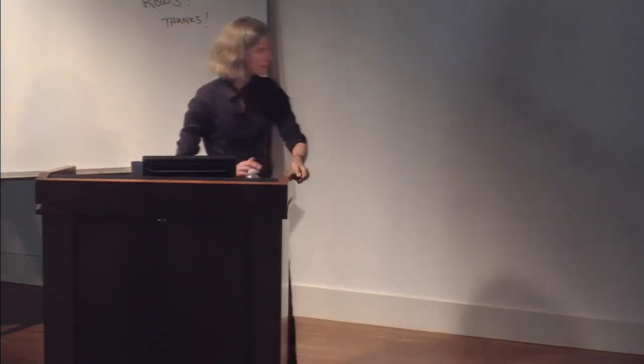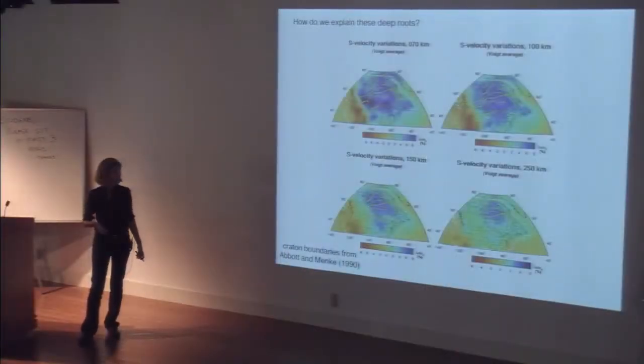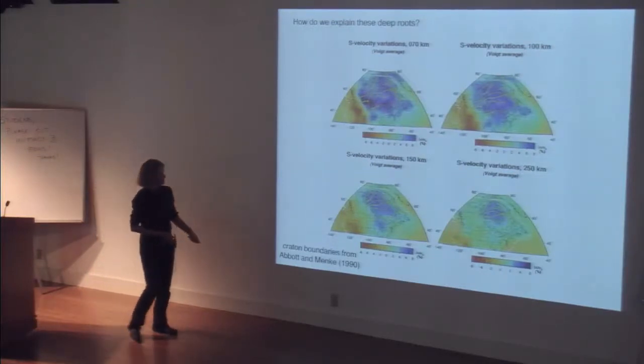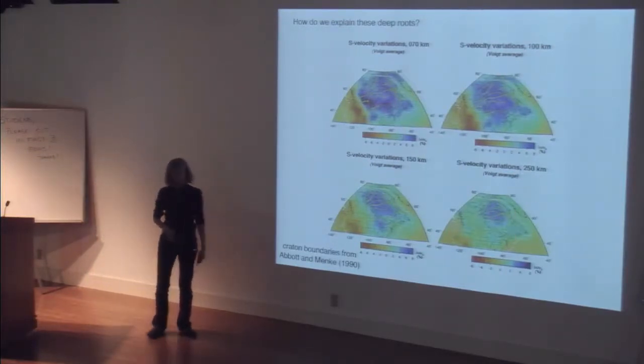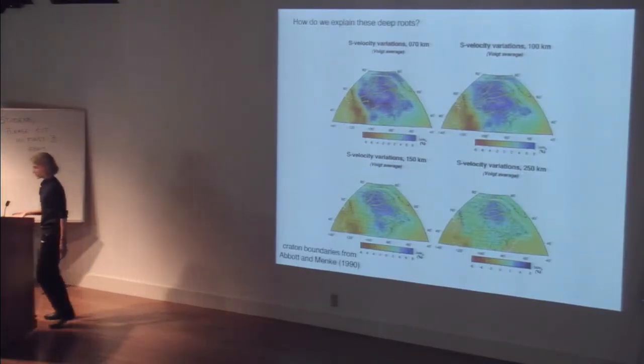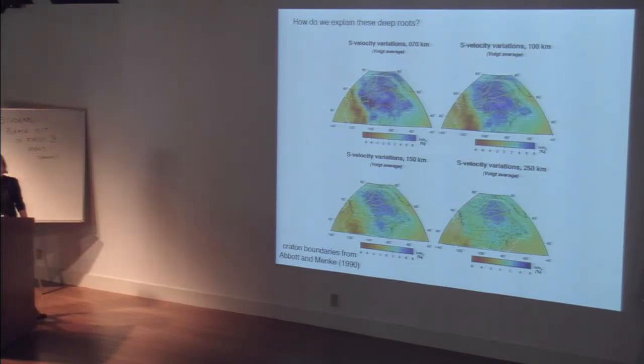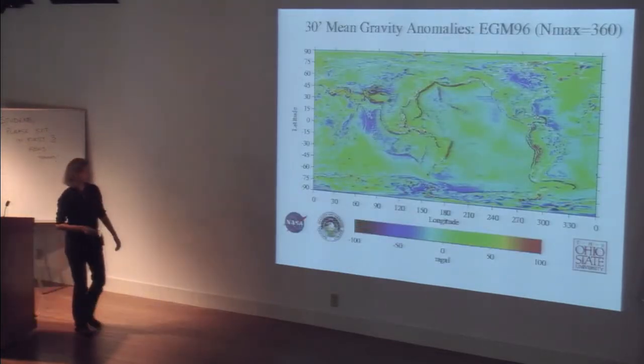And normally we associate fast velocities with things that are cold. Works well in the oceans. It turns out that if you try to explain these seismic velocities, these fast velocities, just with colder than average material, it doesn't work. It's not consistent with other observations, including the gravity field. So, for example,